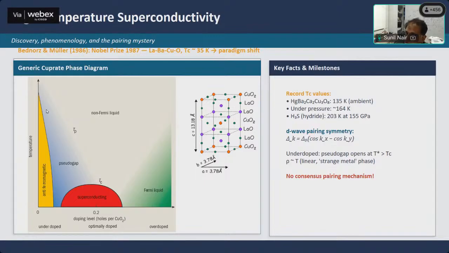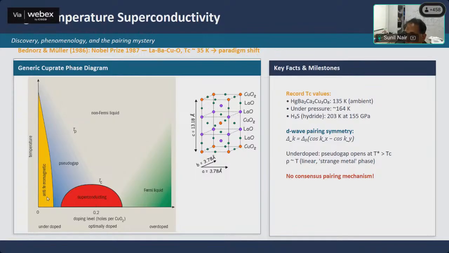So you would have a phase transition happening here as you reduce the temperature. At the higher temperatures, it's a paramagnet. And now, as one starts doping holes in this copper oxide layer, you will see that the antiferromagnetic transition goes down, down, down, and down. Beyond a point, there is no measurable magnetism. And then you also see the emergence of what is known as the superconducting dome, which means that at some point, this system starts to become superconducting, reaches a maximum TC at some value of hole doping. This would change from one material system to the other, but it is often of the order of 0.2 or so.